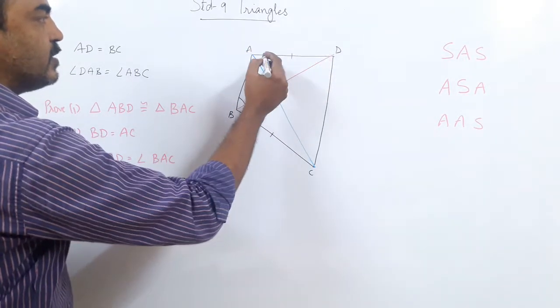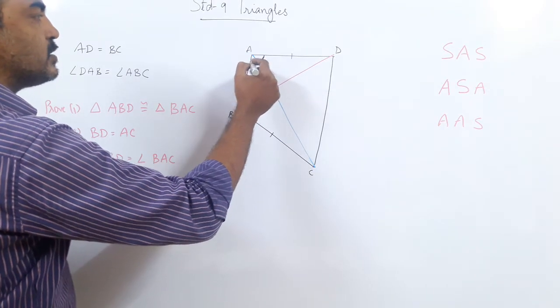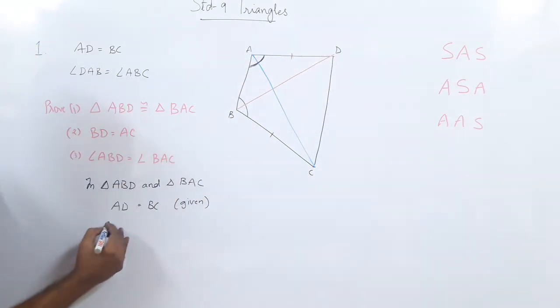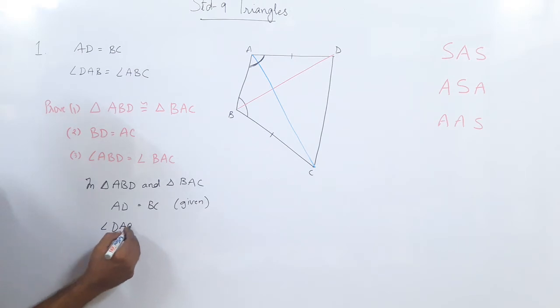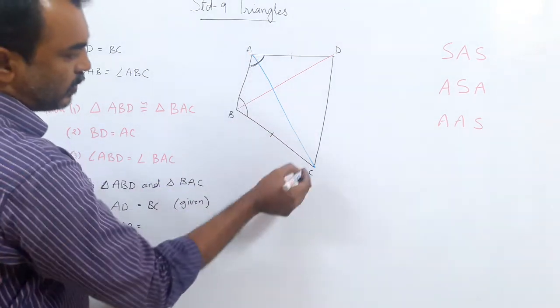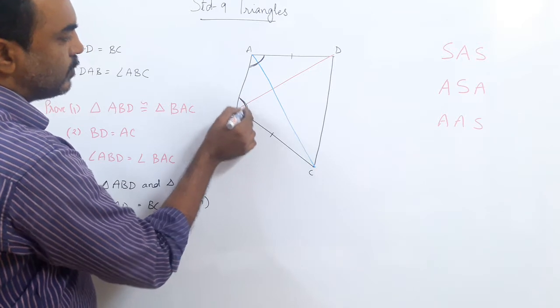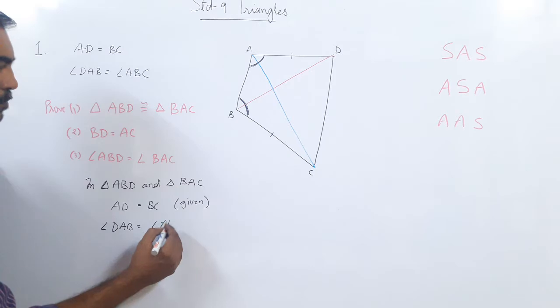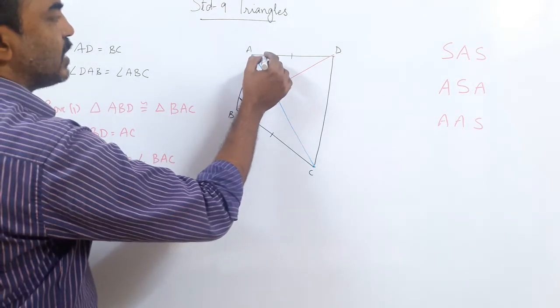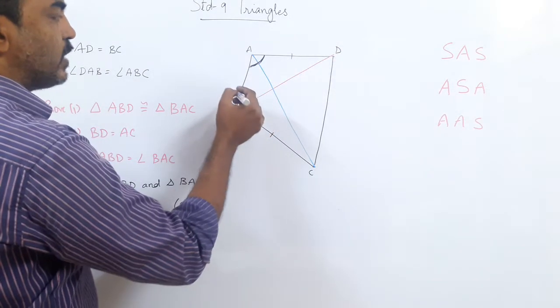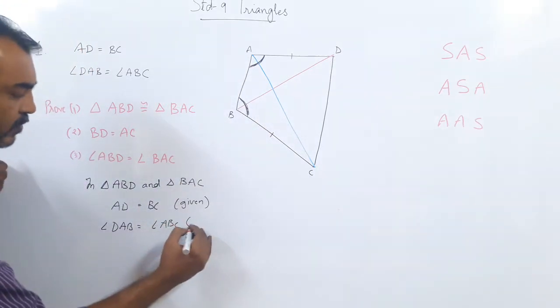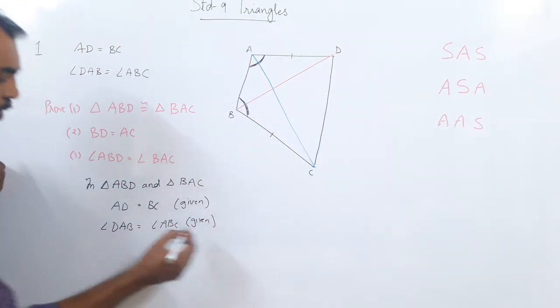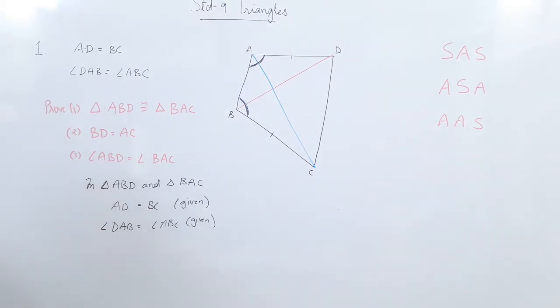Now, in this top triangle, this angle. Can you see this angle? It belongs to this triangle. I am given angle DAB equal to, look at this bottom triangle, angle, what I am given? ABC. So this angle belongs to the top triangle which I have taken, and this belongs to the bottom. This is also given to me. Okay, so two conditions given. Which is the third condition? Can you guess the third condition? I think you must have guessed it.